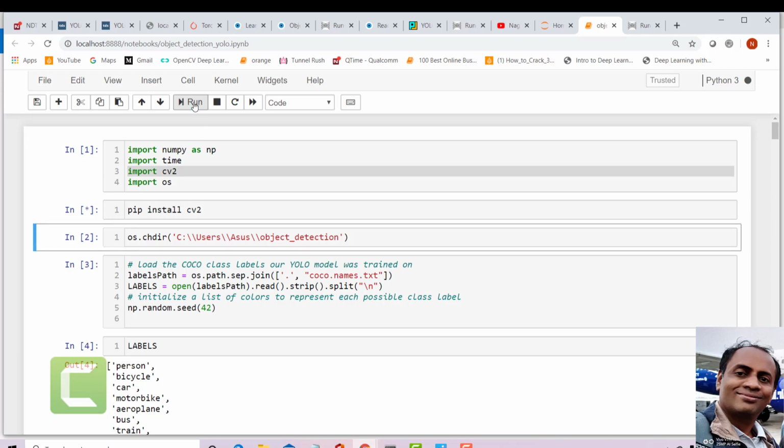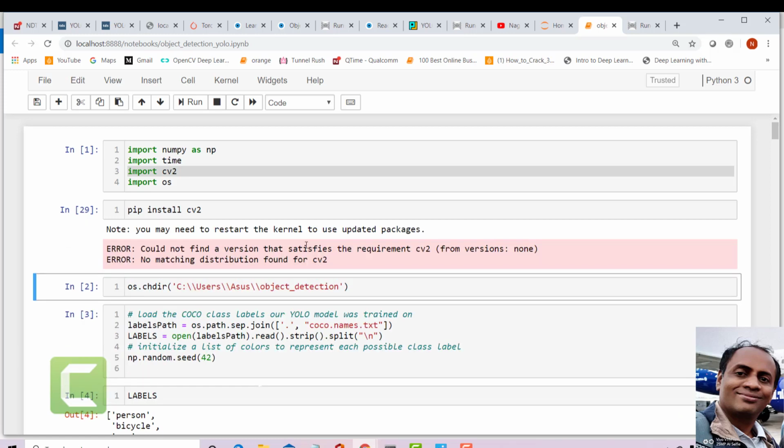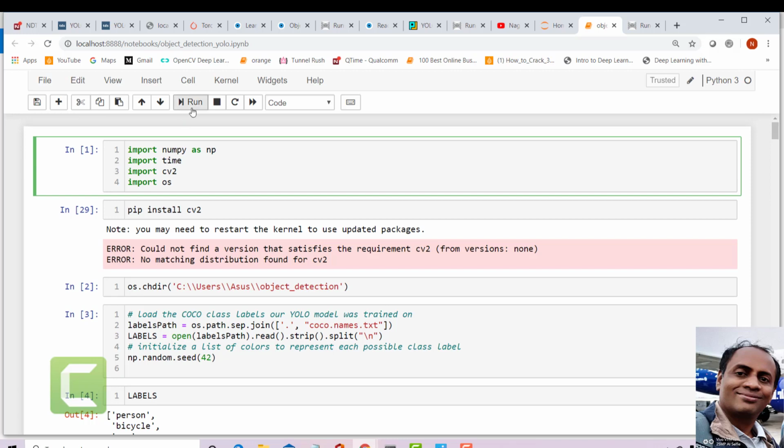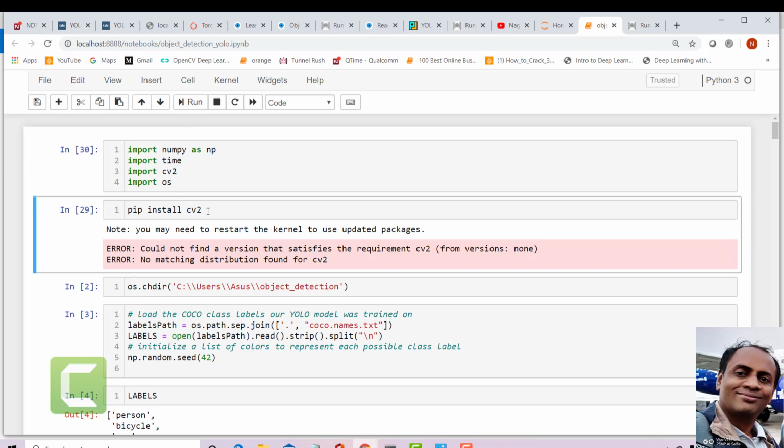Let me see what happens, and it should tell me that it's already installed. Okay, it has already installed, because if this works, that means it's already installed. On your machine you can install it using this command.